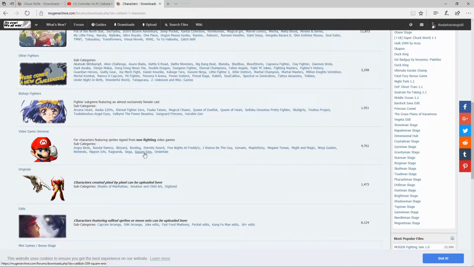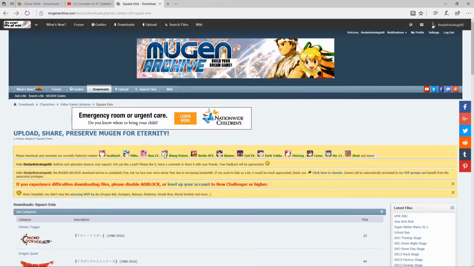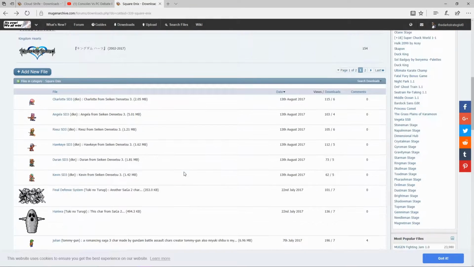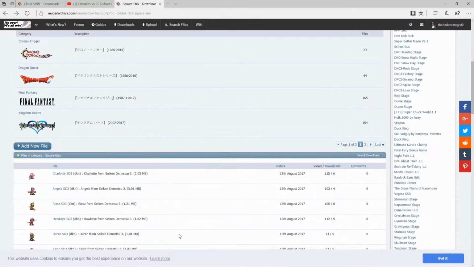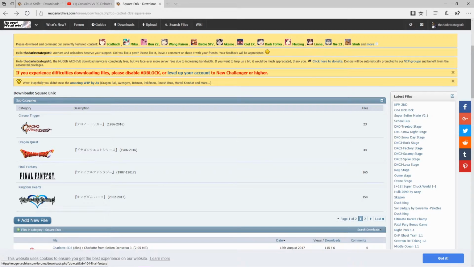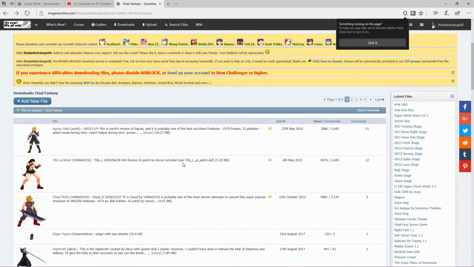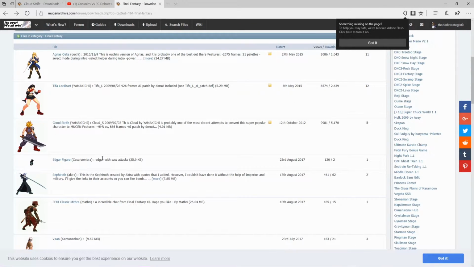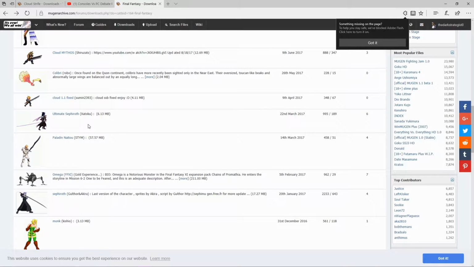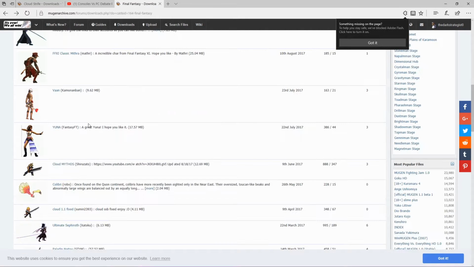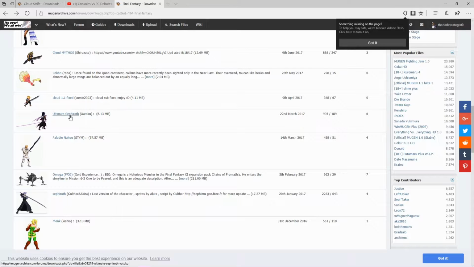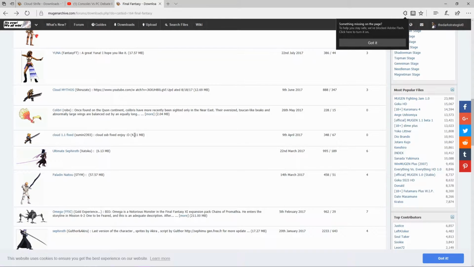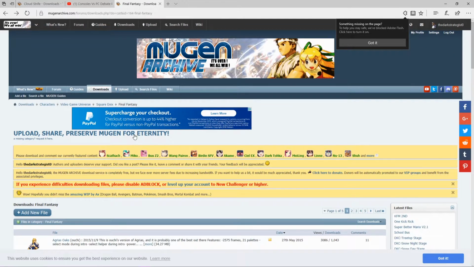But today we're going to be downloading Cloud from Final Fantasy VII, Mr. Cloud Strife. Actually, no, I already have Cloud downloaded. So what I'm going to do is show you how to download a character and how to add them. Since I already got Cloud downloaded, I'm going to download Sephiroth. But we're going to have to make sure that we get the best Sephiroth and not a crazy one, you know. Which also brings me into